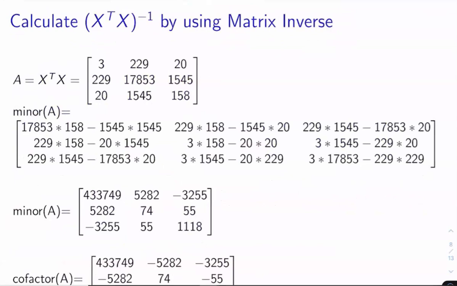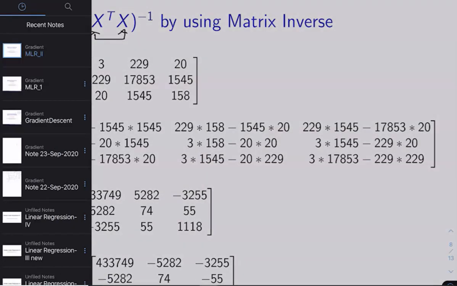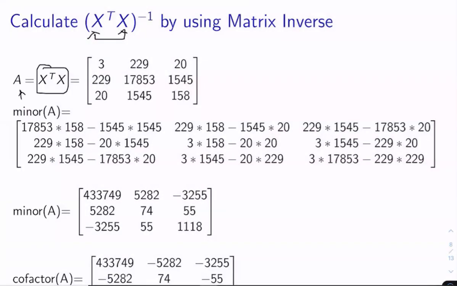Now after performing this operation, let us try to identify the inverse operation. The inverse operation is a very complex operation in matrix algebra, or linear algebra. Here I am using the cofactor method, or the adjoint based method, in order to find the matrix inverse. Let me define how. Here first I have calculated this matrix, which I am calling A, which is nothing but this xt multiplied by x, and I want to find out the inverse of this.